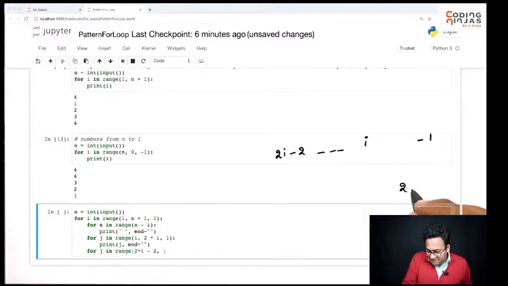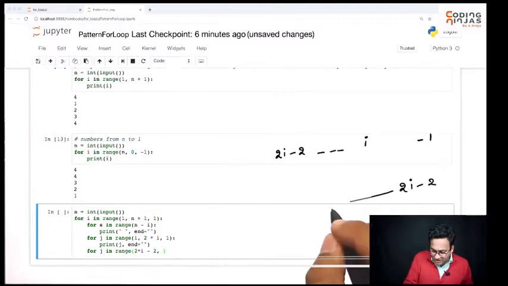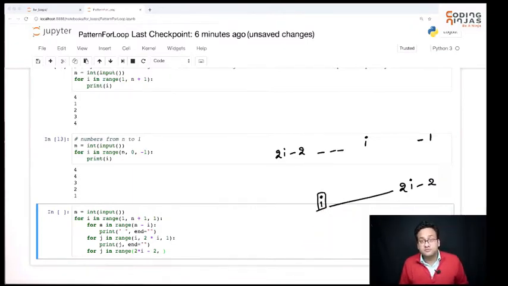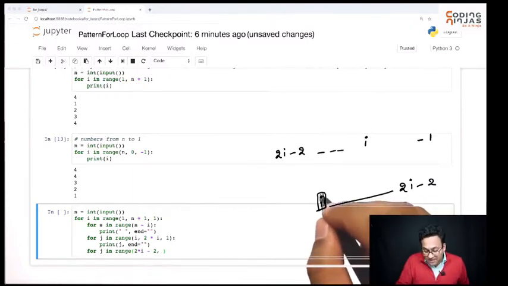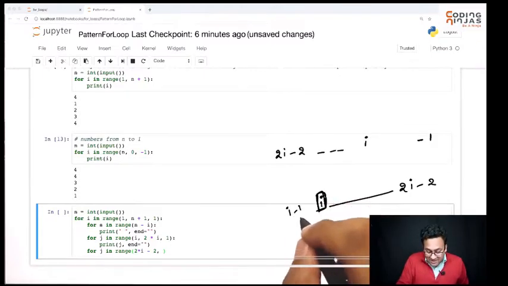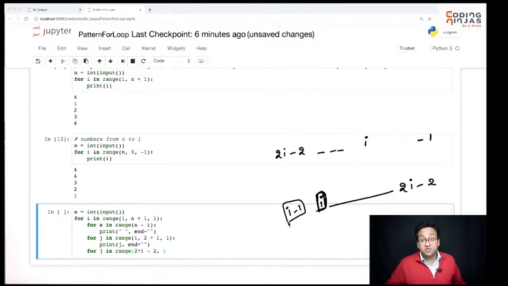So basically I am somewhere here and I'm moving in this direction and I want to reach till i. I should stop at i. If I want to stop at i, I need to provide i - 1 as the stop value. So this has to be i - 1 and the decrement has to be by -1.